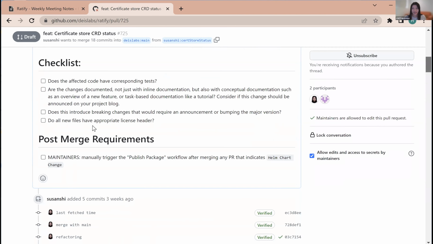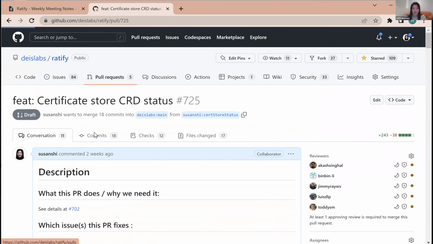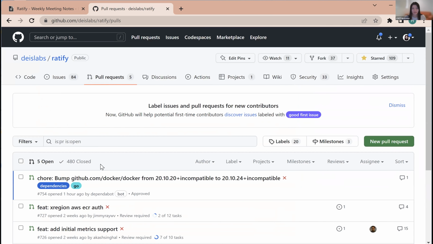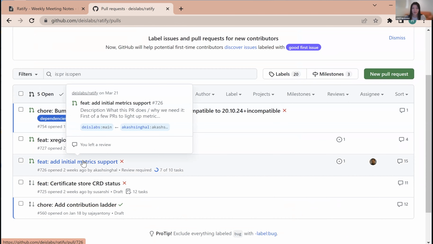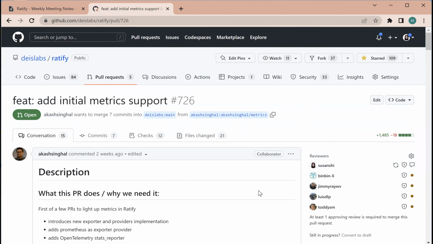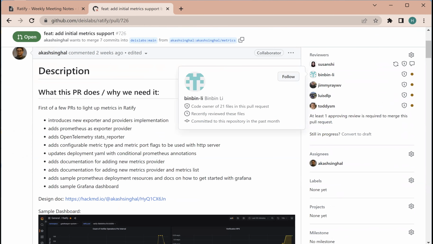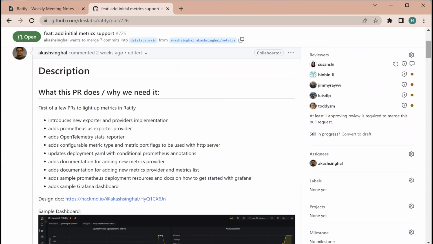Okay. So next PR, the metric support, Akash. Yep. So thanks, Susan, for the couple rounds of review. Very helpful. I've gone through, I think, most of your second review. Still have a few things to follow up on, kind of the default on versus default off behavior, both in the chart and the server. So still taking a look at that. But apart from that,